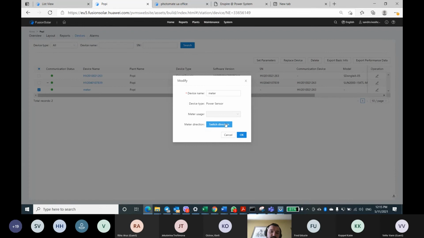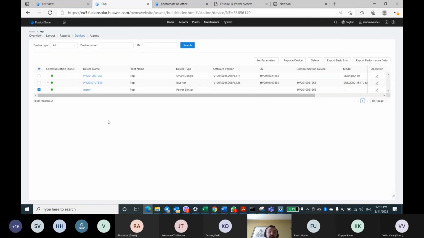After that you switch the direction, so it sends the command from positive to reverse direction. So for your information, it should be done from here. Basically that's all.